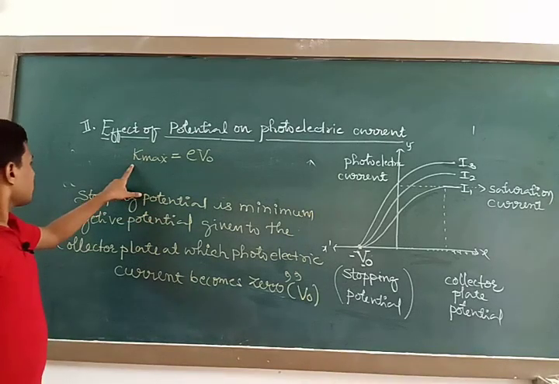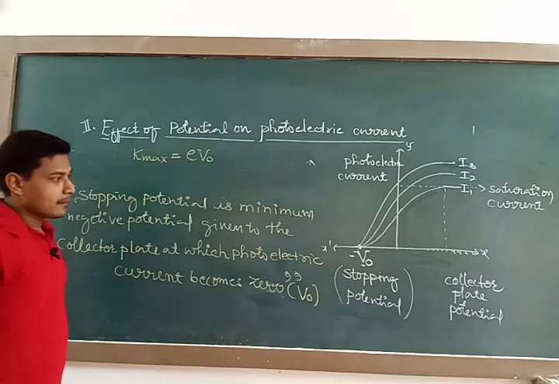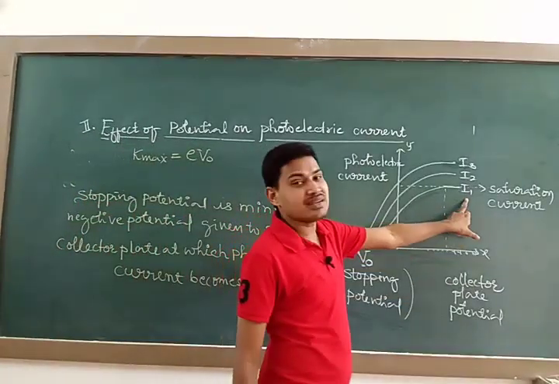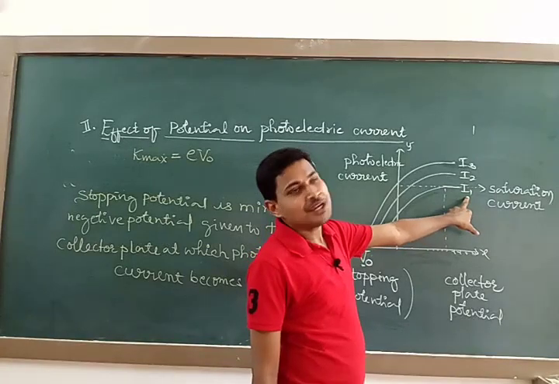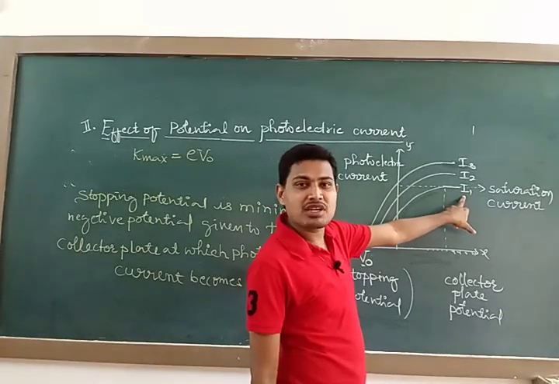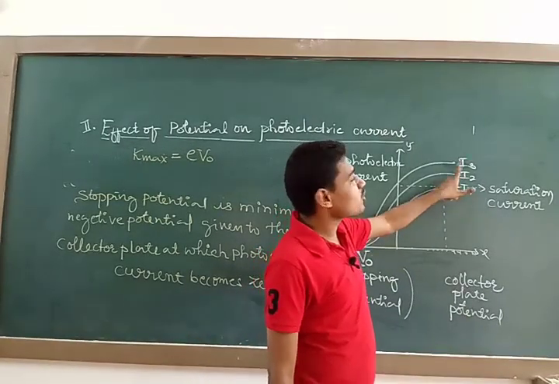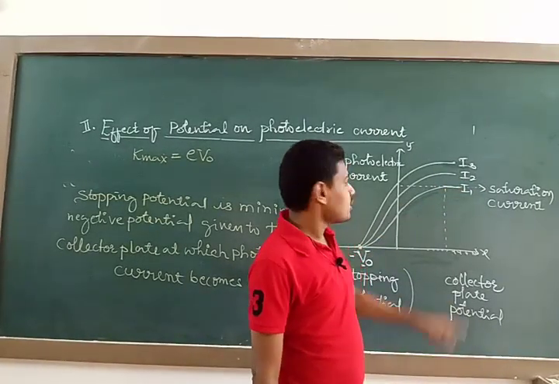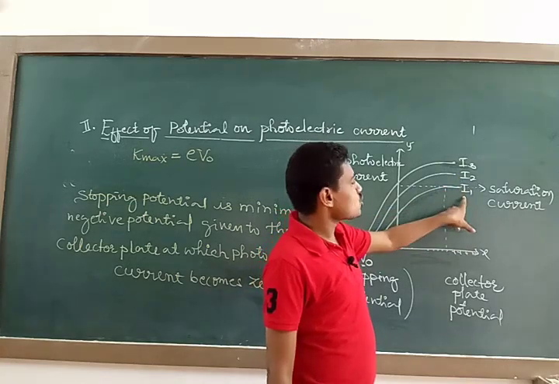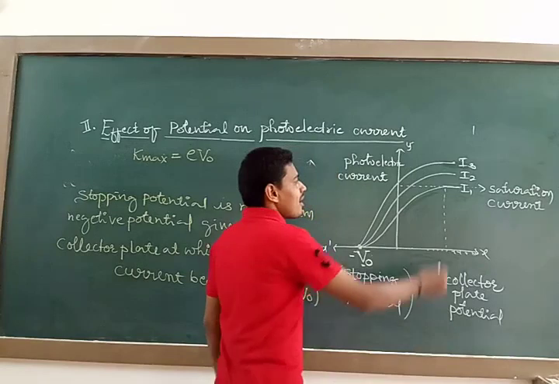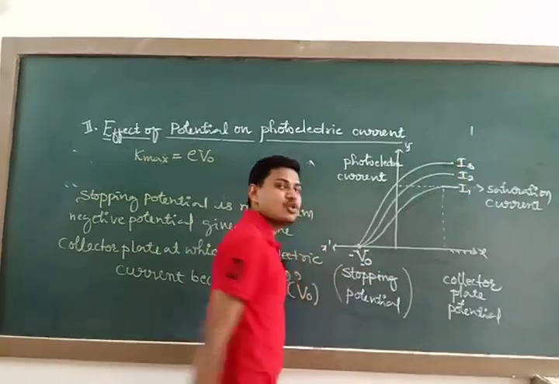Now, further, while studying here, I have used intensity I1. Instead of using intensity I1, now I am going to increase the intensity of the light. Say I will use I2 and I3. Remember, if I replace the I1 source of light by I2 and I3, what am I observing? As the intensity of the radiation increases,